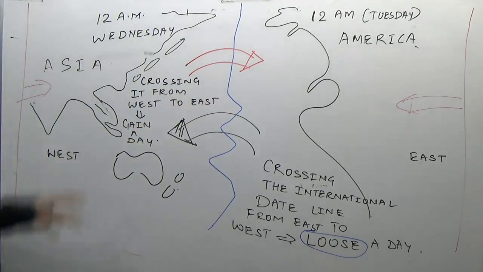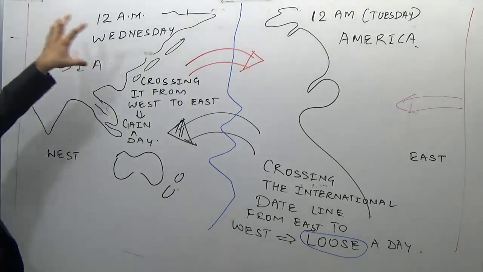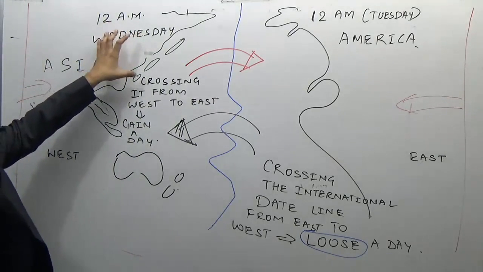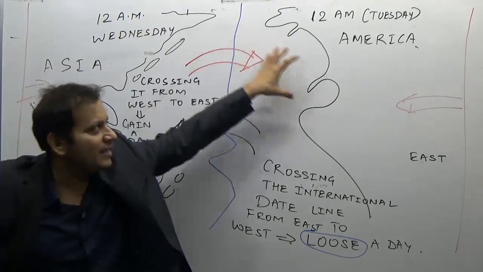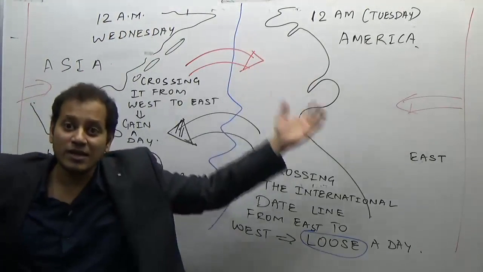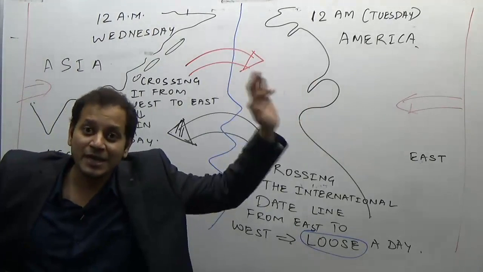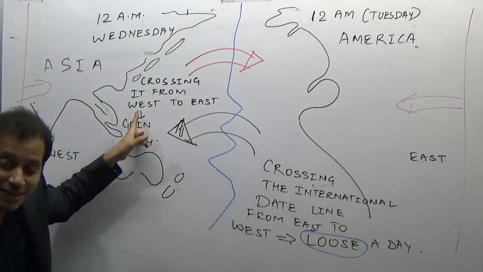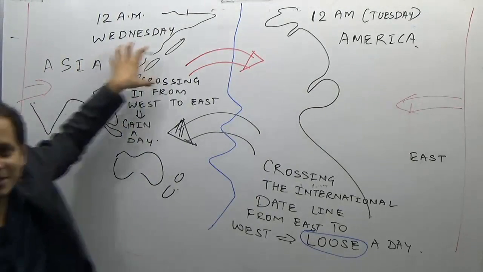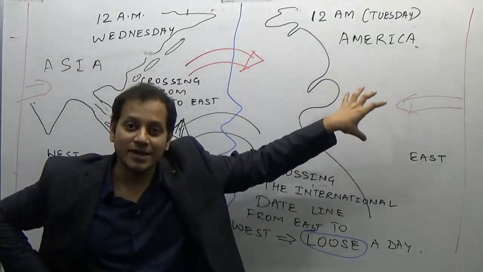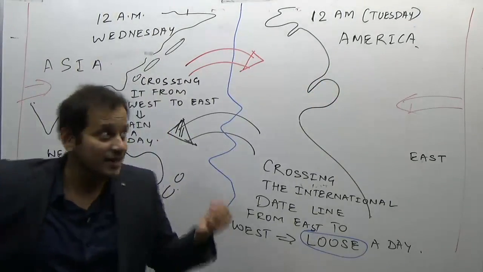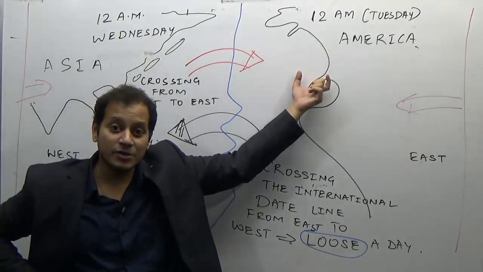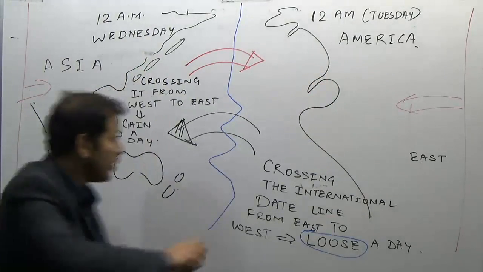You gain a day. That means the entire Wednesday a person has lived in Japan or any other country, and it takes a flight on the Wednesday night, and they cross the international date line and land here in California. What is the day? Again Tuesday night. So again he has to live the entire Wednesday night. So if there is some kind of a deadline for an international agreement on the Wednesday night, the person can cross here and live that Wednesday again. So that is what we are saying is gain a day. The person has lived the entire Wednesday here, and after crossing the date line, we live the Wednesday again. So what you have to remember is